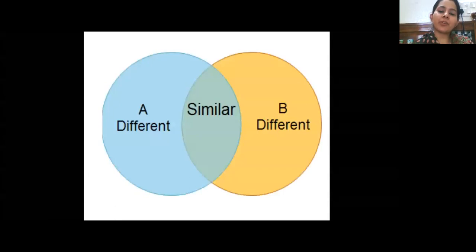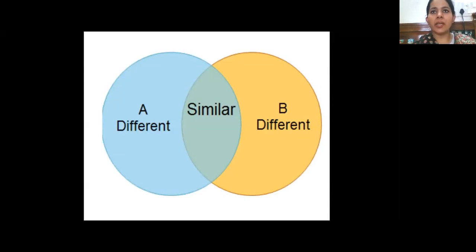Venn diagram basically represents a particular data and information that you have. And the kind of questions you get, you may get data separately, or you may get a Venn diagram representing a data which you have to interpret. All right. So let's begin with Venn diagram. On your screen, there are two circles. Now, Venn diagram can be made with more than two circles or even other shapes as well. But since we are starting, we are going to concentrate on two circle Venn diagrams only.